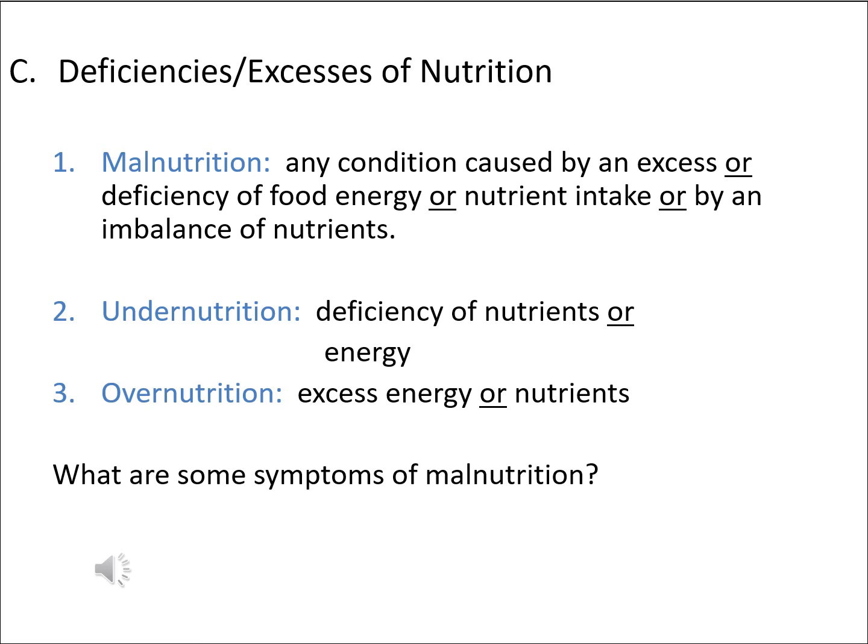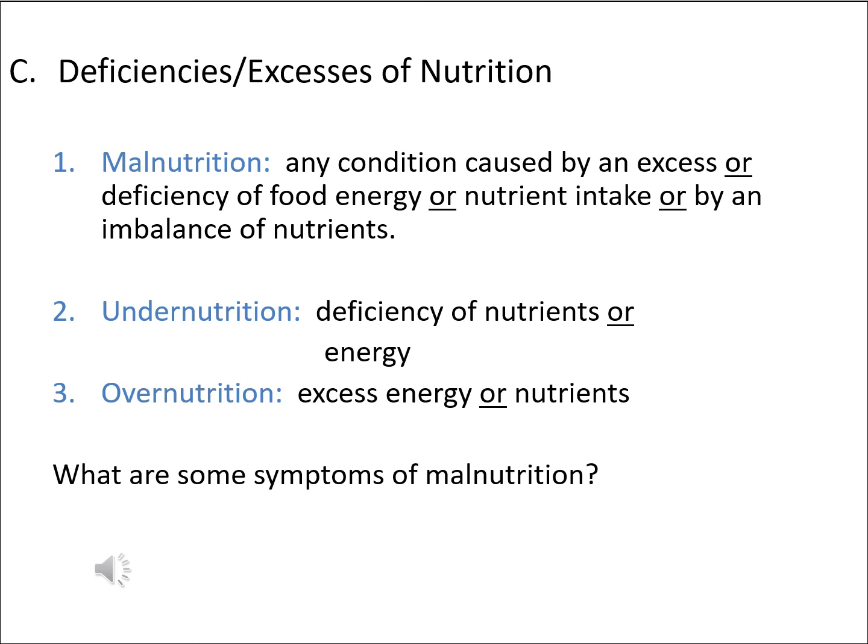Under the category of malnutrition, we also have what's known as undernutrition, which would be inadequate amounts of nutrients or inadequate amount of calories. With the deficiency of calories, someone might display symptoms which can include weight loss, losing muscle mass, becoming more prone to infection, or even various diseases. If someone is deficient in a specific nutrient, first of all, it depends on what the nutrient is, but they can experience things like muscle spasms, skin rashes, hair loss, so on and so forth.